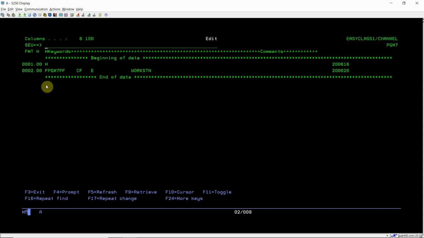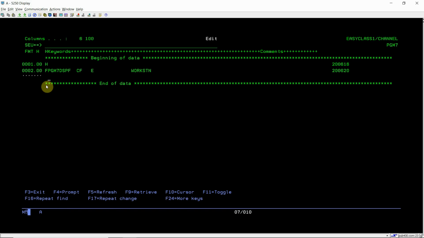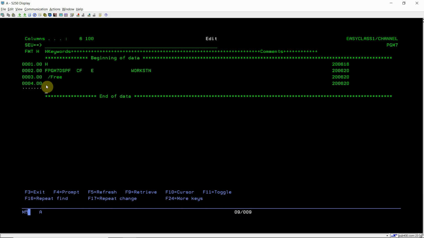So we declare this display file pgm7 that is DSPF in combined input output mode, that is fully procedural and externally described, and this is a display file. So workstation will be written here. For that, just save this. Now I have to write my logic, the free and free blocks.